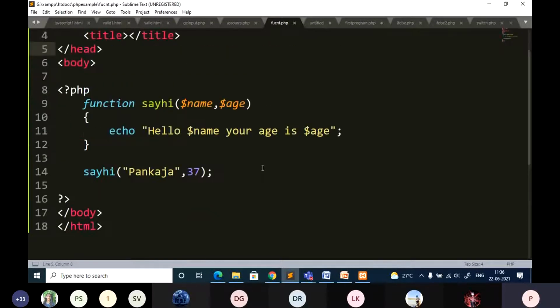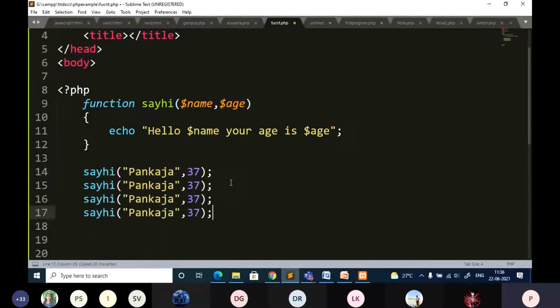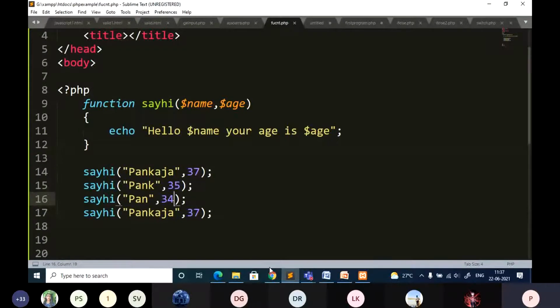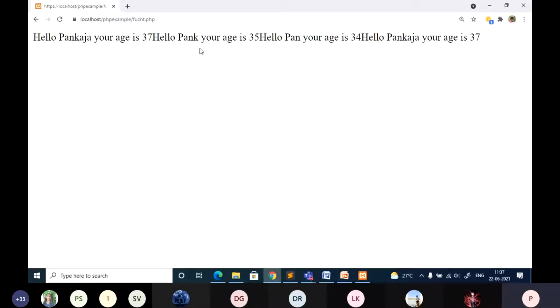If you want to pass more student details, if you want to call this function with other details, you can just change the input. Here I have not given a break, so you can incorporate the break here so that your output will carry to a new line each time. That's all fine. That is how to pass the parameters.